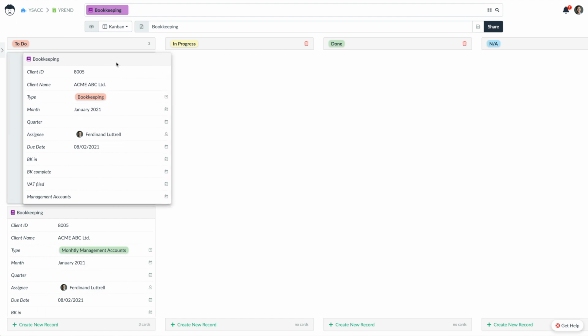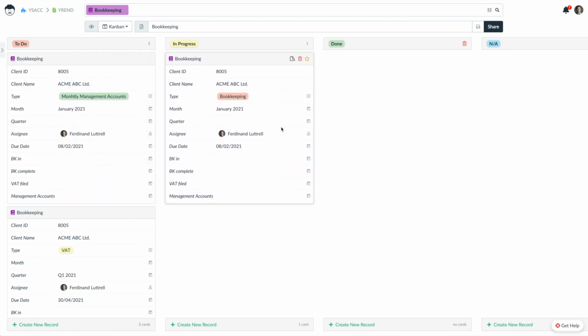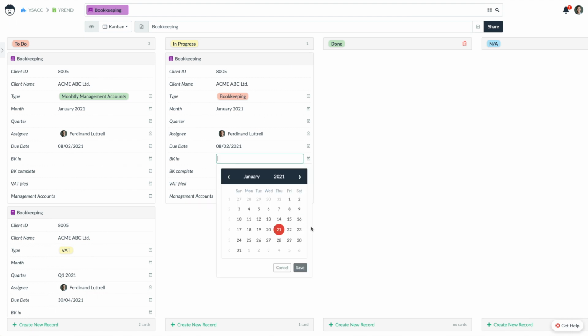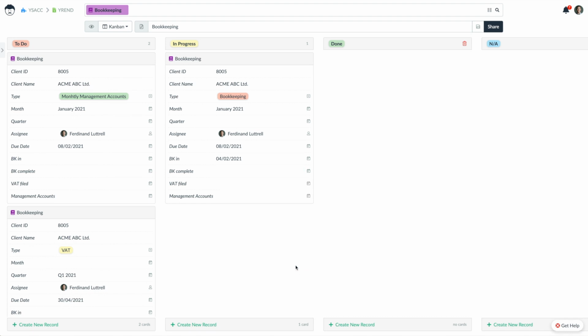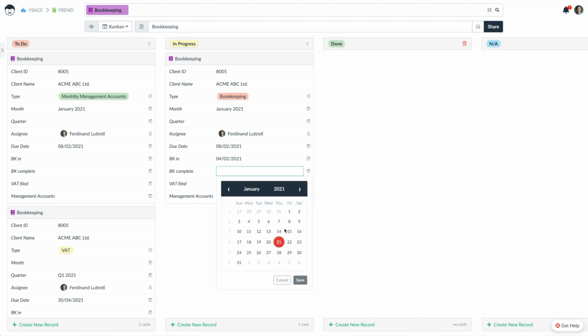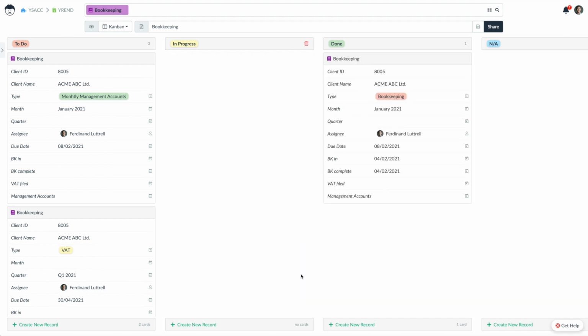So first he needs to perform bookkeeping for the month of January for Acme ABC Ltd. It needs the date when it has been handed in, let's say the beginning of February, and to be completed, which can also be the same day. So as you can see, the task was automatically moved to done